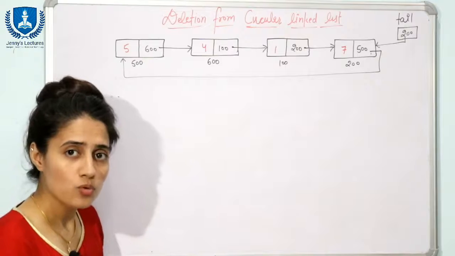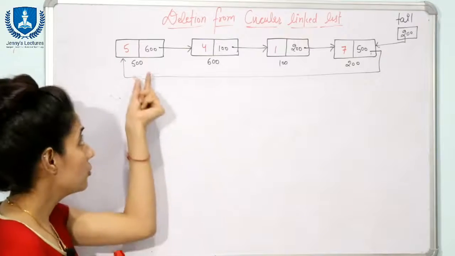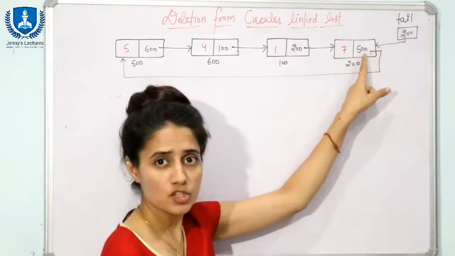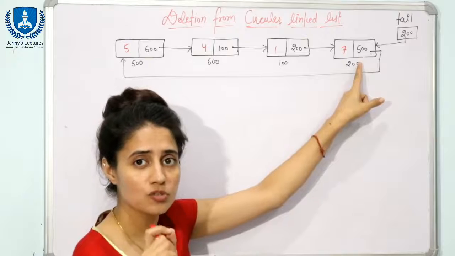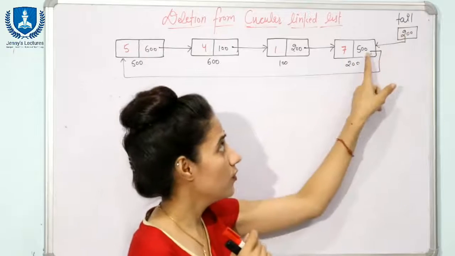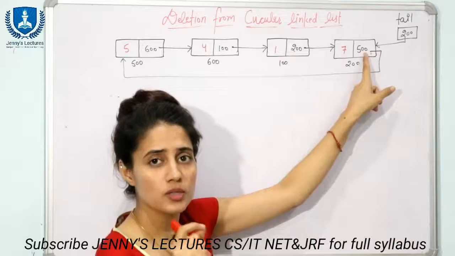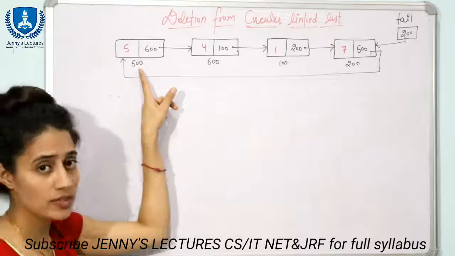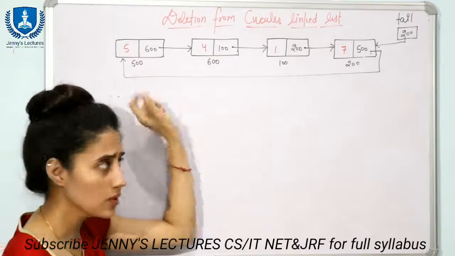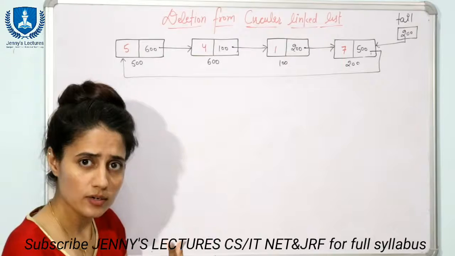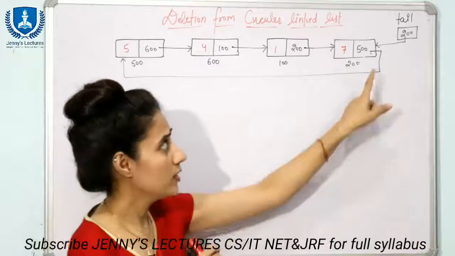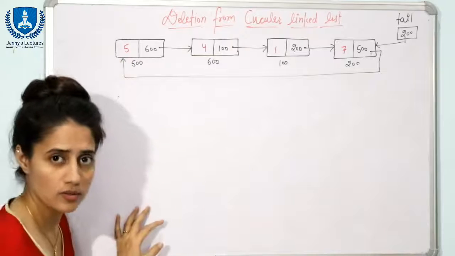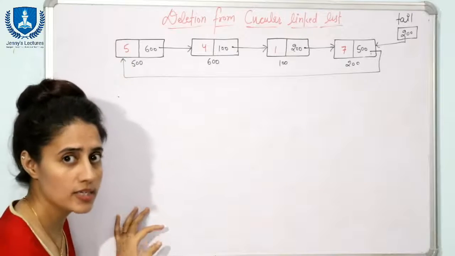So how can we come to know which is the first node, which is the address of the first node? See, always the tail next, the last node, is containing the address of the first node. So this tail of next would always be the address of the first node, that is 500, and you can see 500 is the address of the first node, right? So first of all we can take another pointer, you can say temp. In temp we can store this address, and after storing this, temp would point to this node, and after that you can easily update the pointers.